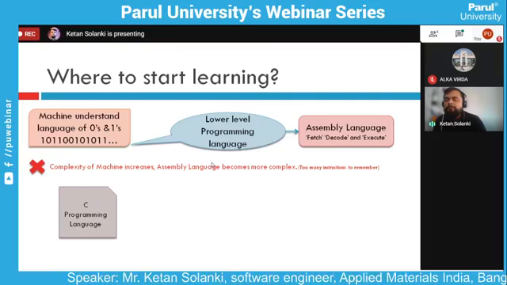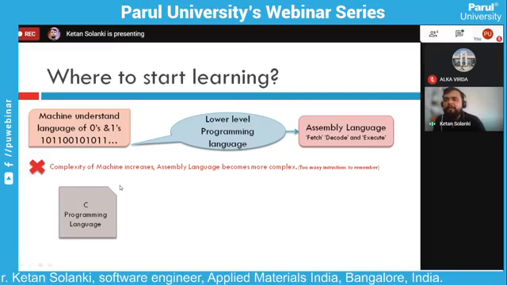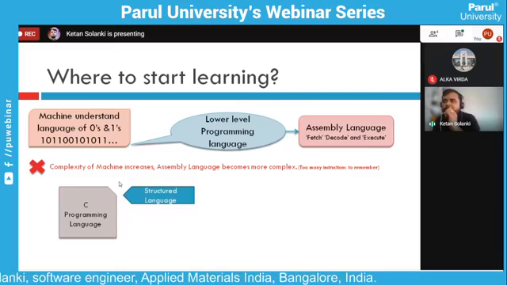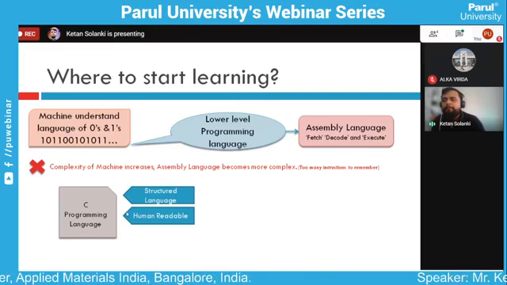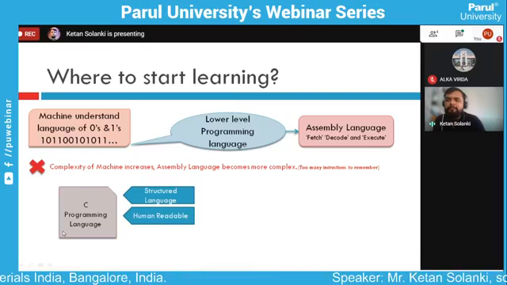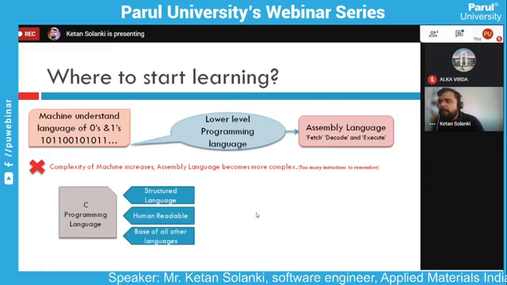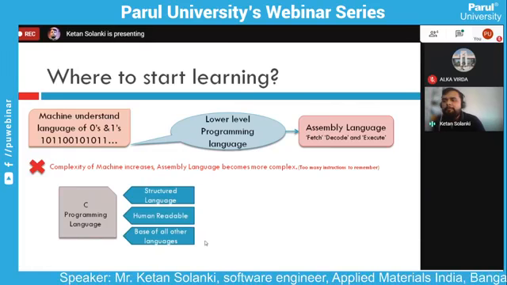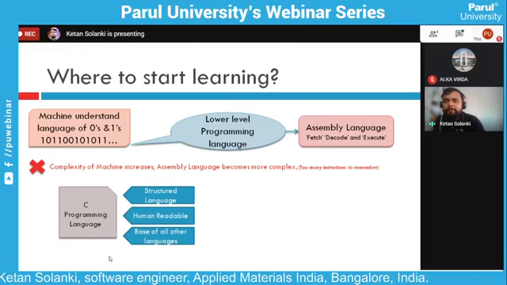So to solve this, we have the C programming language. It is a middle level programming language, and it is a structured language. Another feature of C is that it is human readable, just like our English language or any Hindi language, as we can read them. So C programming is more readable than assembly language. And as we know, the base of all programming languages is C. So once you know how C works, it's easy to deal with any